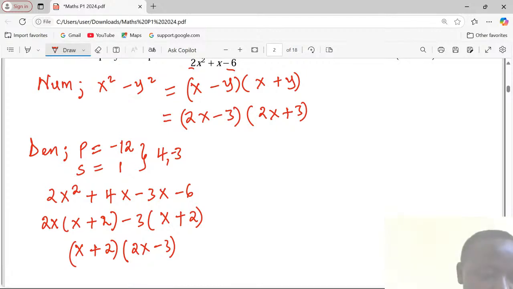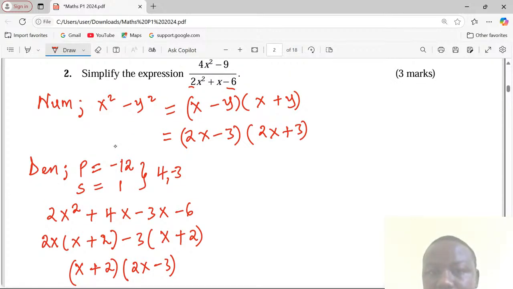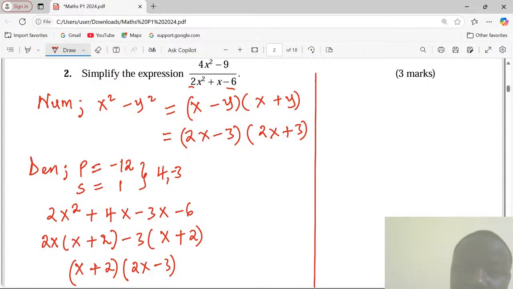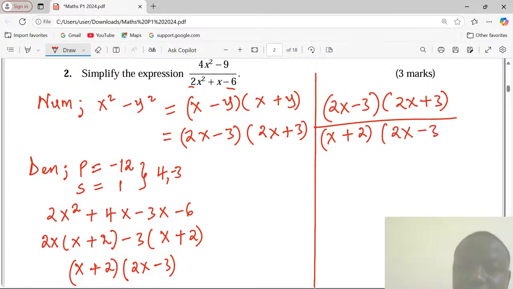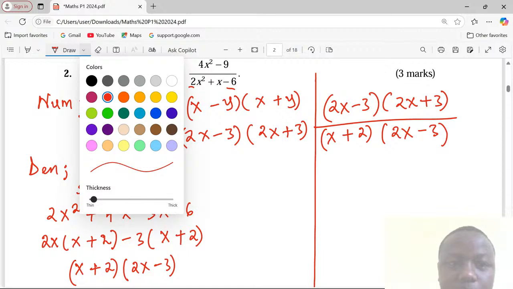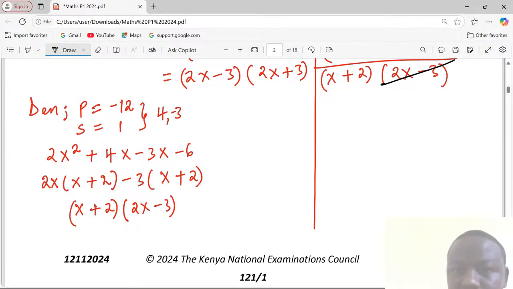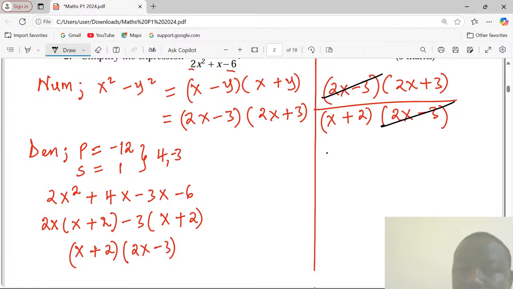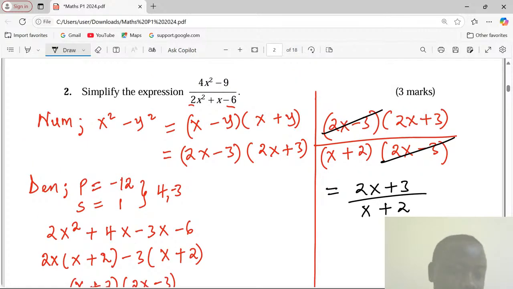Now allow me to combine the numerator and the denominator. Because we have both factorized forms, we can combine them. So (2x minus 3)(2x plus 3) divided by (x plus 2)(2x minus 3). We can see that some of the factors are common, like 2x minus 3, so that cancels out, and we shall remain with the final answer as 2x plus 3 out of x plus 2. So that is the simplified answer for question number 2 in the KCSE